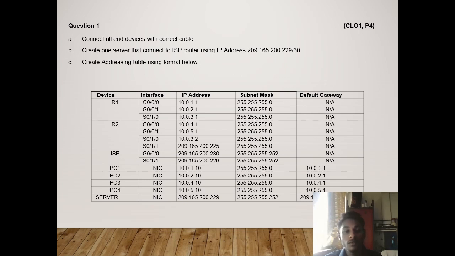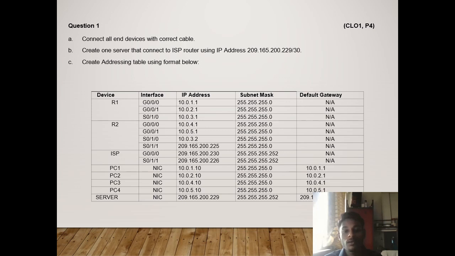subnet mask 255.255.255.0, and for Router R2, G0/0/0, IP address 10.0.4.1, and subnet mask 255.255.255.0, and Gigabit 0/0/1, 10.0.5.1, subnet mask 255.255.255.0, and for the serial port